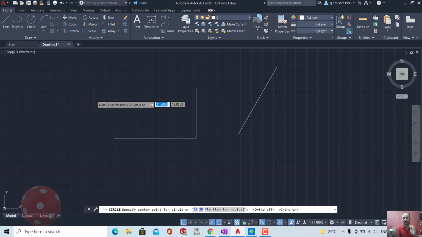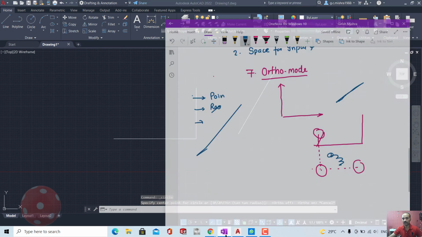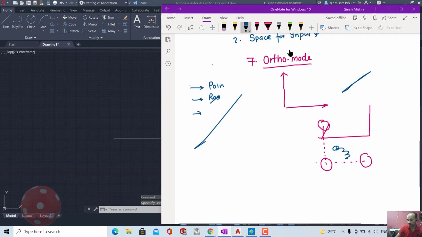But now we have learned what ortho mode is. I will say ortho during our course. This ortho mode is generally referred to as ortho. Everyone says ortho, no one says ortho mode. So every task pane item has the name ortho, only ortho. You should understand that if anyone is saying ortho, it means that ortho should be on.